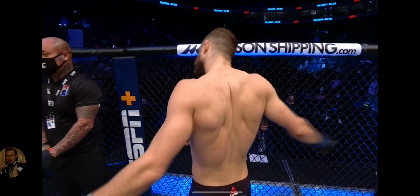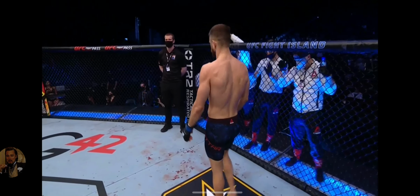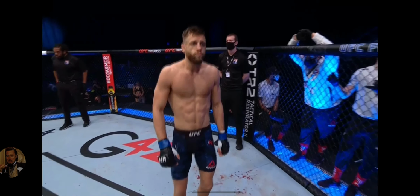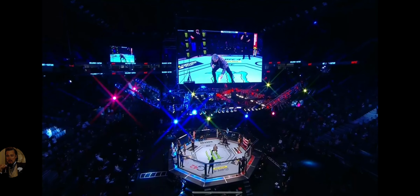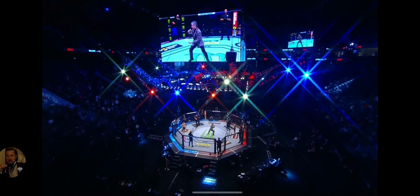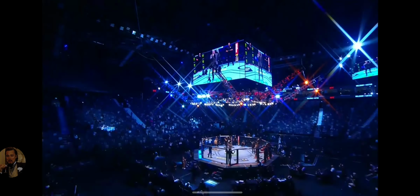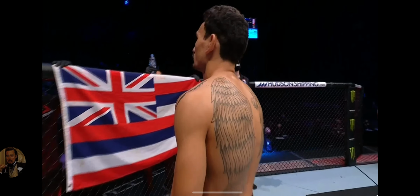UFC fans watching around the world, this is the moment you've all been waiting for. Live from the Etihad Arena on Fight Island in Abu Dhabi. It's time! 5 rounds in the UFC